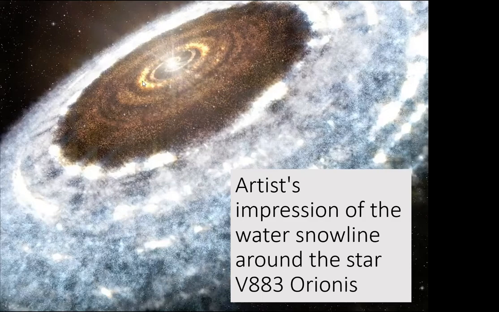It leaves the dirty, dusty, metal-bearing mineral grains behind that go on to form rocky planets in the inner part of your brand new solar system, but it leaves all the volatile ices, the water, the ammonia, the methane, all these things that are very easy to boil away, out in the cold part of the solar system. And so V883 Orionis is confirming that that separation process that we thought happens really does exist in terms of these interplanetary grains of material.